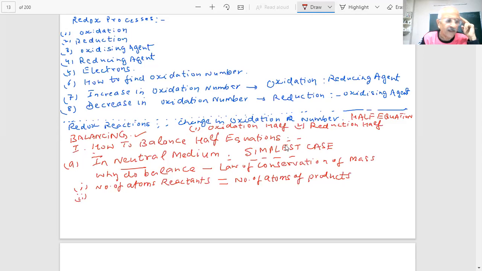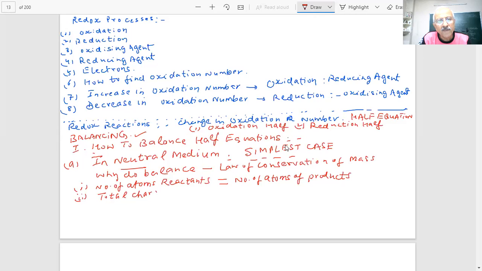Second, can you create any charge? There can be transfer of charge. So sometimes, you know, in the reaction ions are there. Ions are there, positive, negative, electrons. Electrons are negative, positive ions, cations. So the charges of the reactant must be equal to, what we are saying, the total